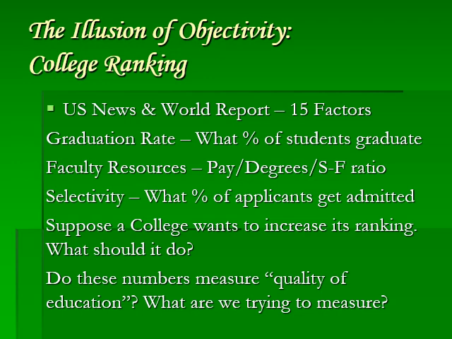Then I will have fewer students. My faculty resources will improve and my selectivity will improve, and I graduate everybody I admit. Automatically I'll get top ranking on these. So the point is that these numbers do not measure what we are trying to measure, and this happens very often. And yet when you come to a number that the US News and World Report ranking of this college is 8.7, you say, oh, this is an objective fact and cannot be disputed. But obviously, as I've shown, this can be disputed in many different ways.